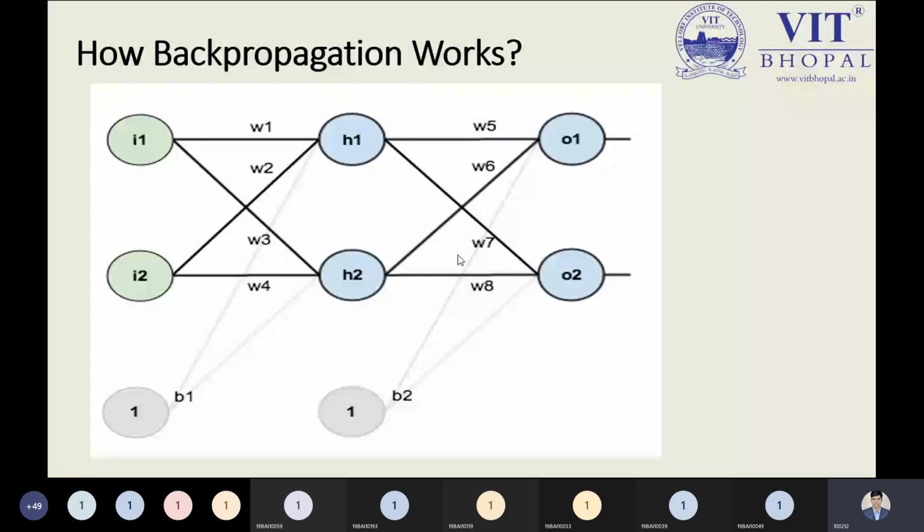So W1, W2, W3, W4, W5, W6, W7, W8, all these are the weights of the neural network model. And you can see B1, B2. B1, B2 are the biases of this neural network. Okay, so whenever we have the bias, then we can add it. So you can observe over here, we are adding the two biases. One is B1. B1 bias is added to the upper hidden node. Okay, so these are the options, but here we are using them. So according to this image, we will try to learn.